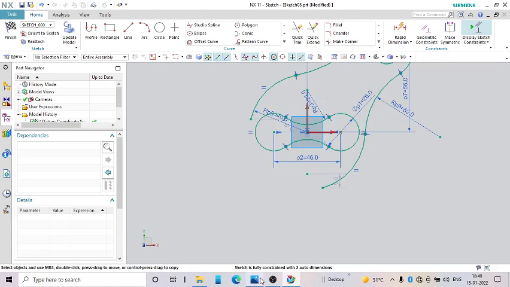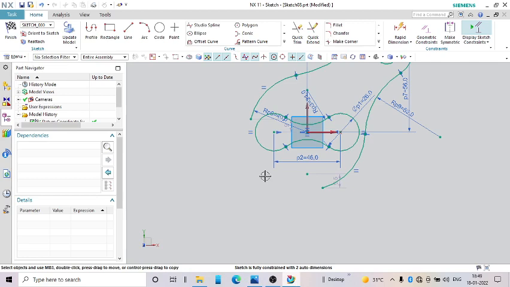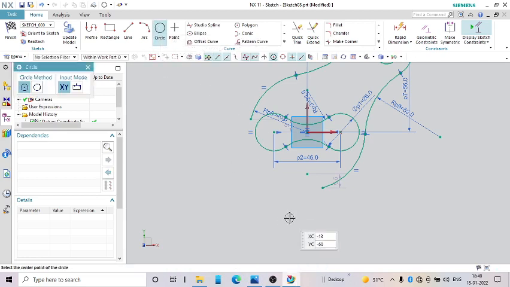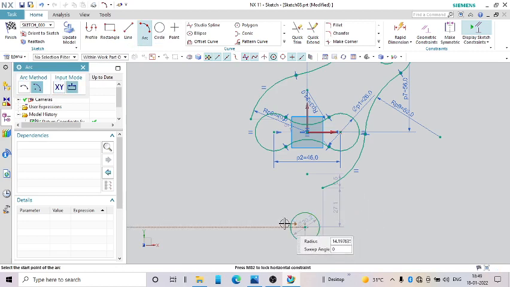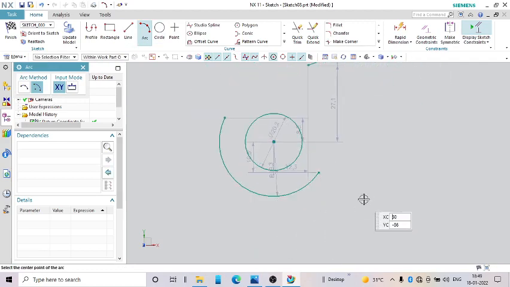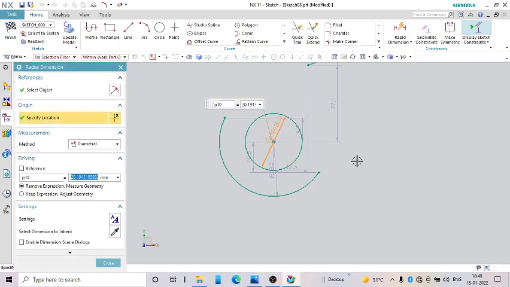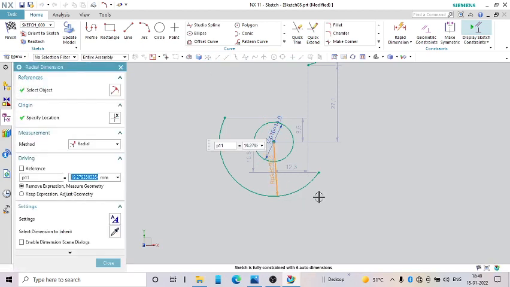Now we can make the other side. This is dia 14 R15, dia 14, then curve, center point curve, dia 14, this is R15.